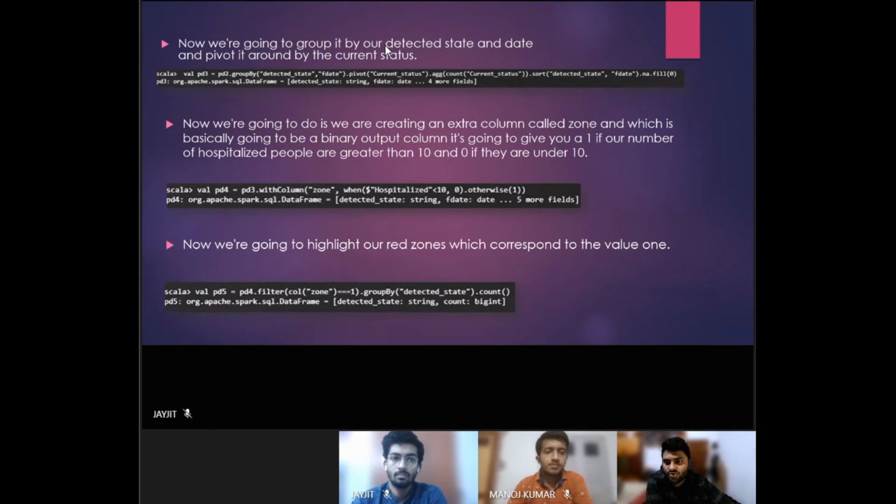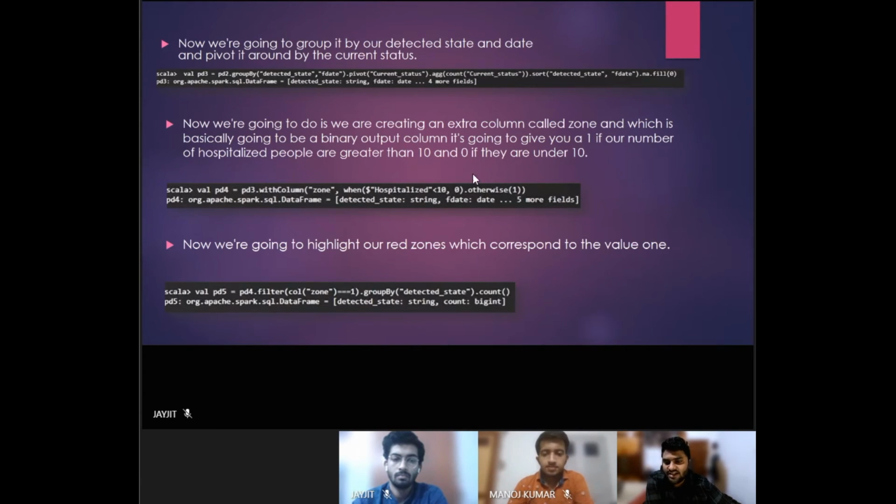Now we are going to group it by our detected state and date announced, and pivot it around the current status. So here we are seeing the current status, and also now we are going to create an extra column called zone, which is basically a binary output column, like a boolean output. It will give 1 if our number of hospitalized people is greater than 10, and 0 if they are under 10.